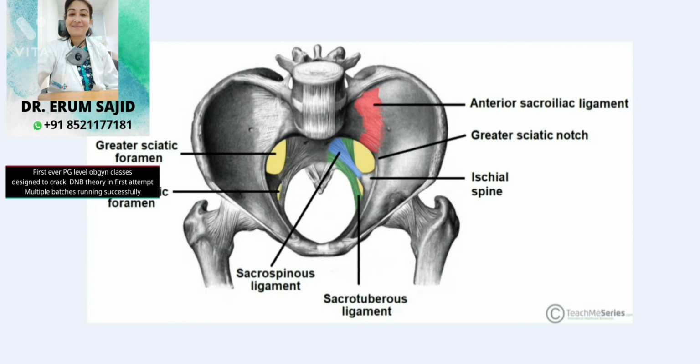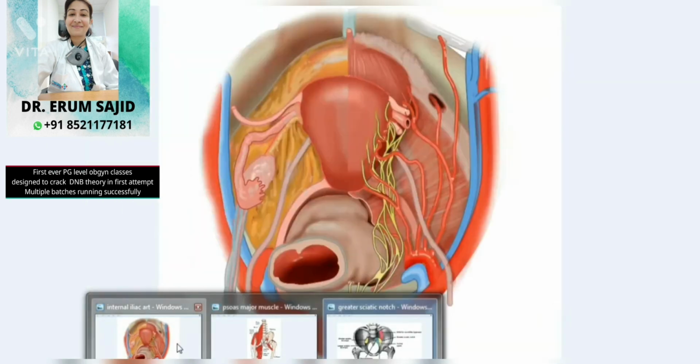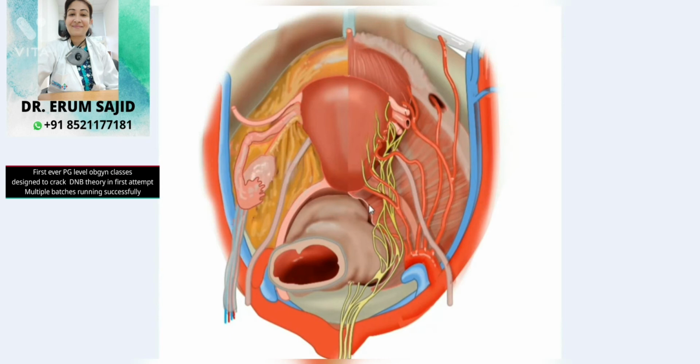Why am I recapitulating? So that you remember the major landmarks into anterior and posterior division. Why is it important? Because the uterine artery, which is nothing but a branch of the internal iliac artery, is actually a branch of the anterior division of the internal iliac artery. This happens to be your uterine artery.